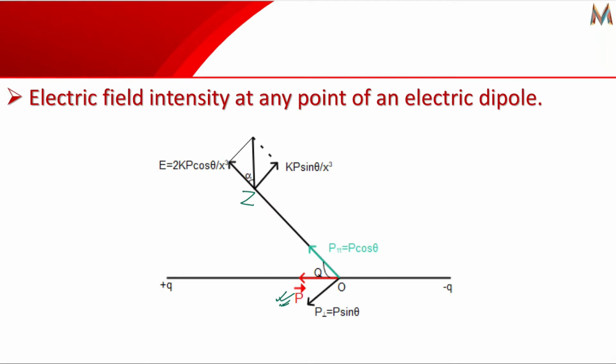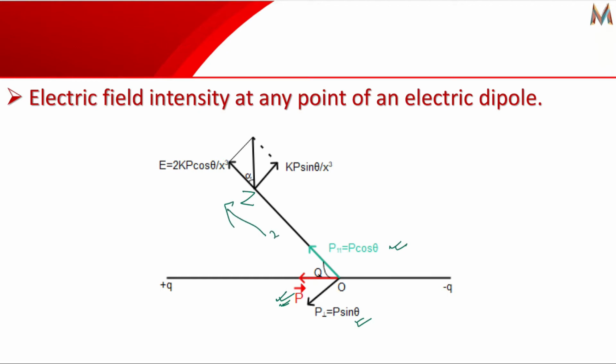If we resolve this p vector into two components, one along this ZO line, it will be p parallel equals p cos theta, and one perpendicular to this ZO line, that will be p perpendicular, that is p sin theta. Now we know that the ZO line is parallel to p cos theta, p parallel equals p cos theta. So this will be the axial position. The point Z will be at the axial position of an electric dipole, and for that we know the formula